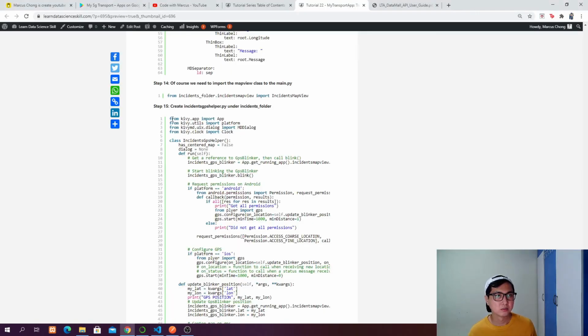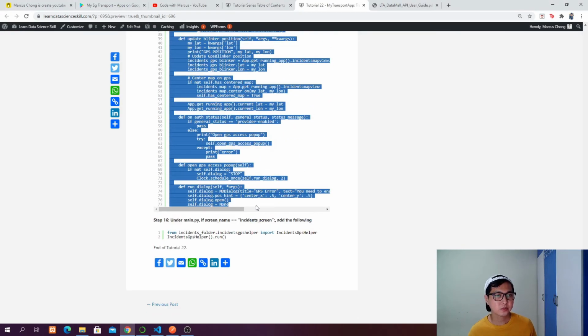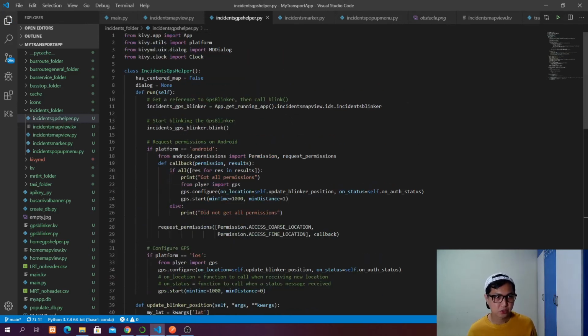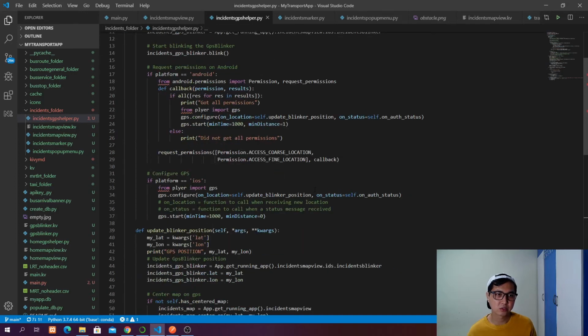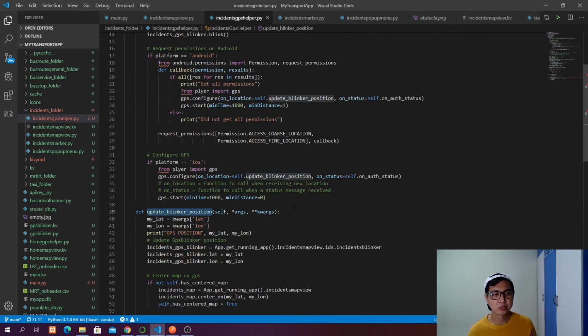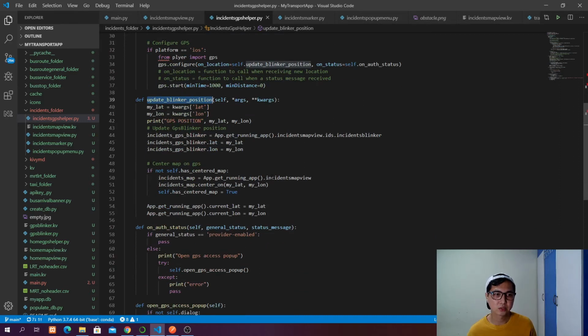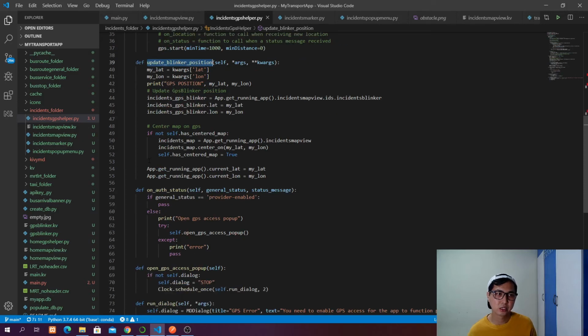And let's copy all this. I guess by now you should be very familiar with GPS helper, because the whole reason for having GPS helper is to get the permission from your Android device or your iOS device. Once you get the permission from your GPS on your device, we will get the location of your device, and then it's going to call this function called update blinker position. So this one is going to update the position of your blinker, and then it's going to update the position of your map view. So your map view will actually center on your GPS location,